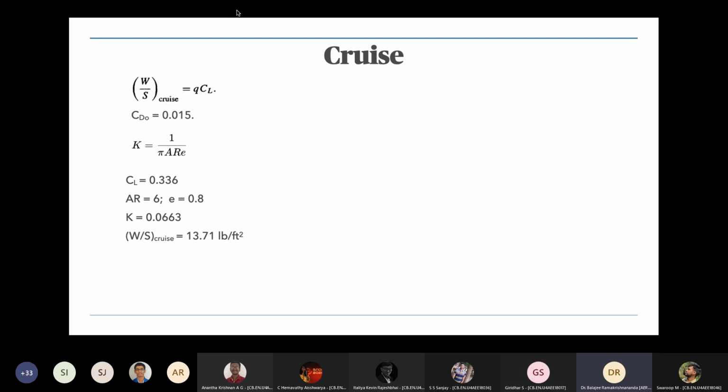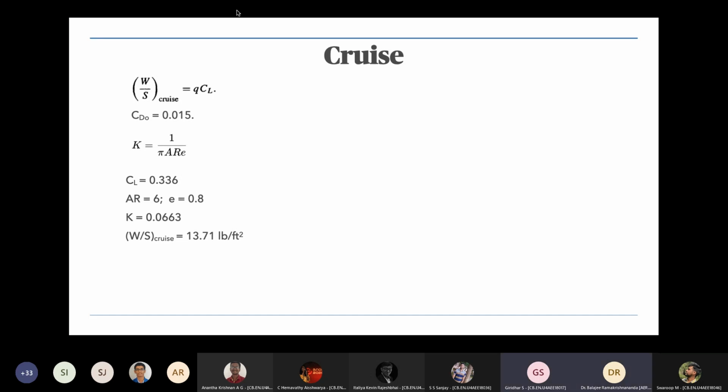Usually it's 0.94 times CL, L by D max. So you can use it. But if it gives some funny values, you can change it later. But right now you use that, 0.94 times L by D max. Actually, you can choose anything here which works for you. So, W by S cruise should be more than what you get or less than what you get?